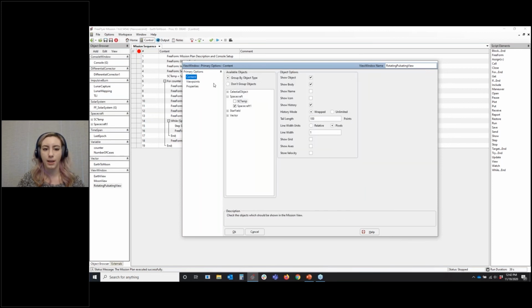And on the content page, if you're setting this up through the object browser like it's shown here, this is where you want to check that store velocity box. So I've just selected the Earth and store velocity is turned on. Same deal for the Moon. It is not turned on for other objects like Jupiter, which I just randomly selected. So if I turn these off,